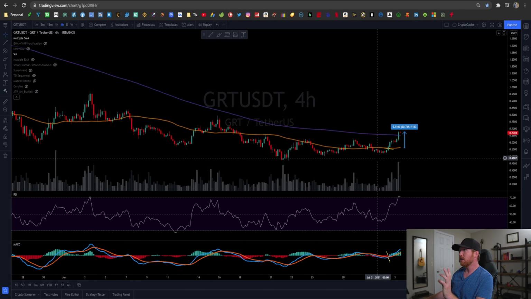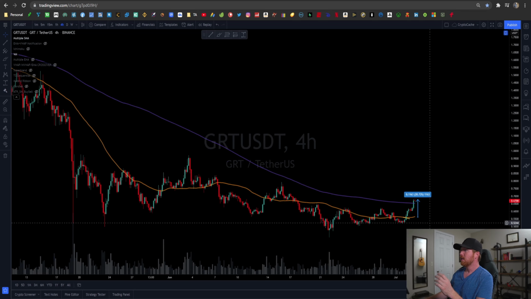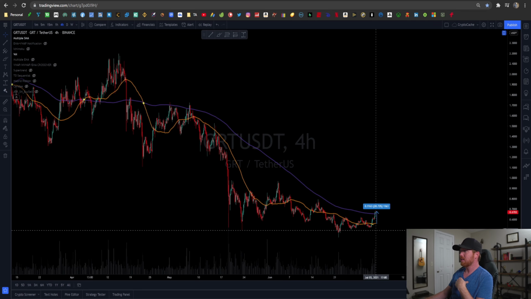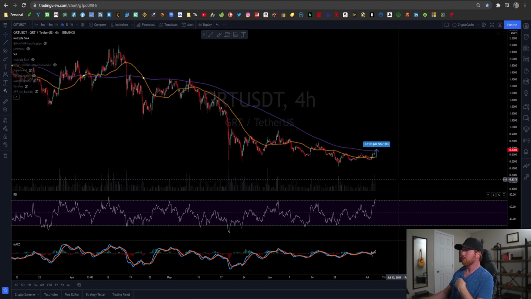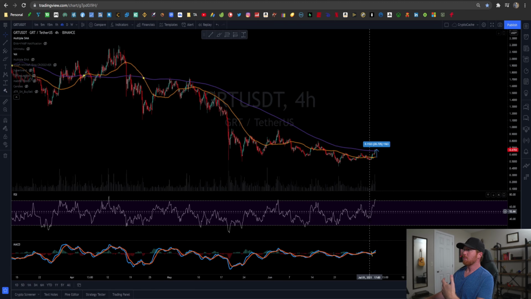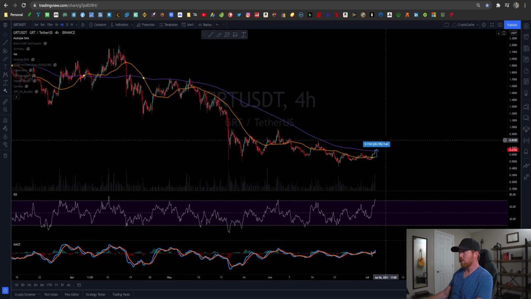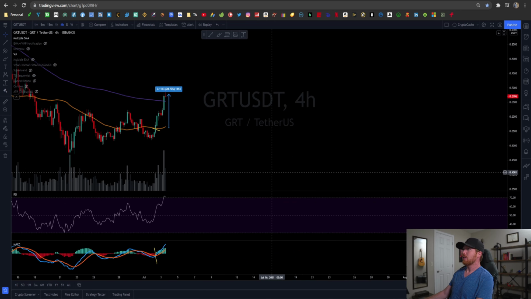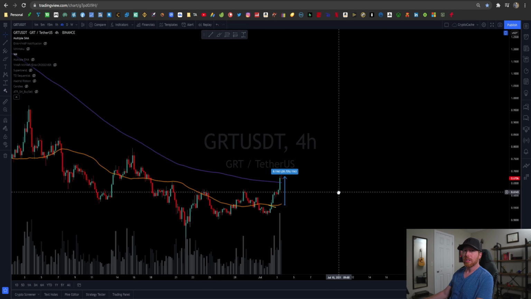And another reason why you want to consider taking entry in this case is because look at how low the price is. The price is so extremely oversold that there's much more room for growth, not only on the RSI, but when the MACD swings upwards like that, there's a strong indication of a buy signal, especially for those who are planning to do swing trades, right? So if you're a short-term swing trader or just a hodler, these are really excellent things to pay attention to. I think the majority of you, my community, are, and that's something just to note.